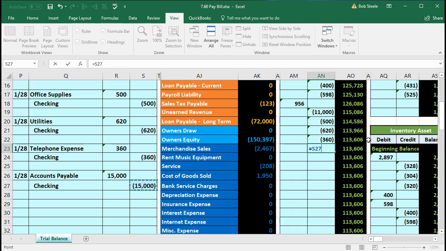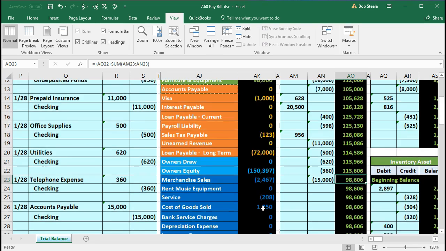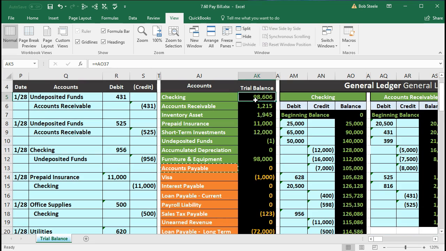This debit balance then is going to go down to 98,606. That is also found on the trial balance. So there's that. Now, note that we decreased the accounts payable account to 0, and we also need to track